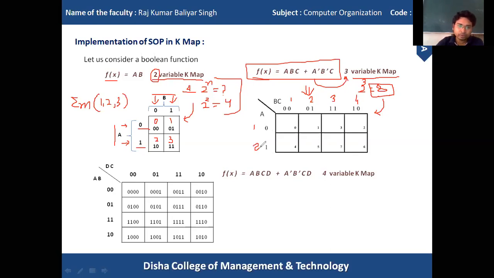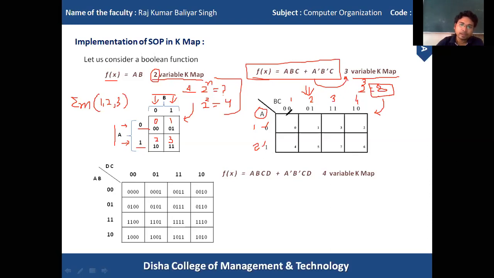For the 2 rows we can represent either 0 or 1. One row is represented with 0, another row is represented with 1, so we are taking A to represent the rows.